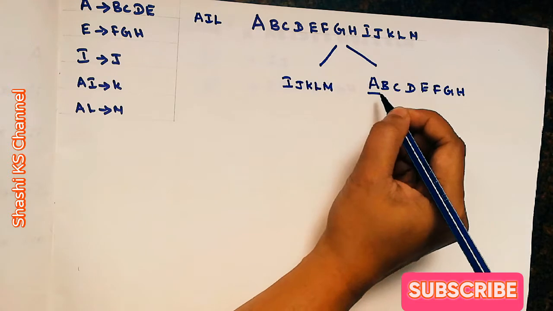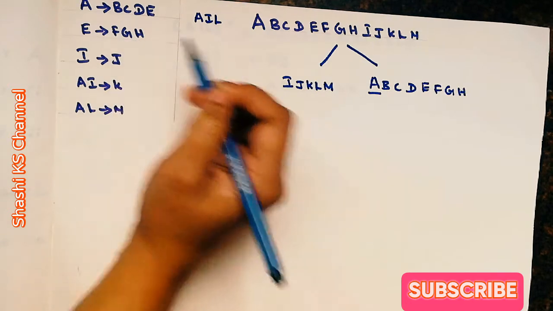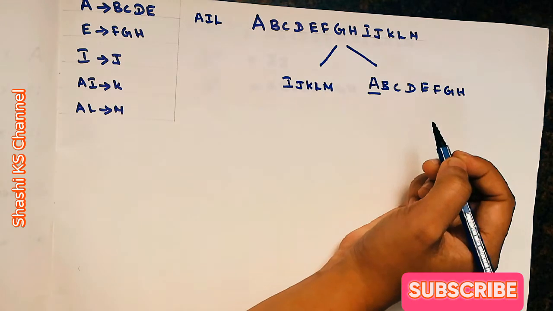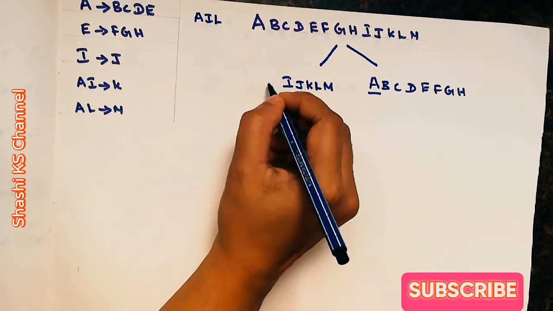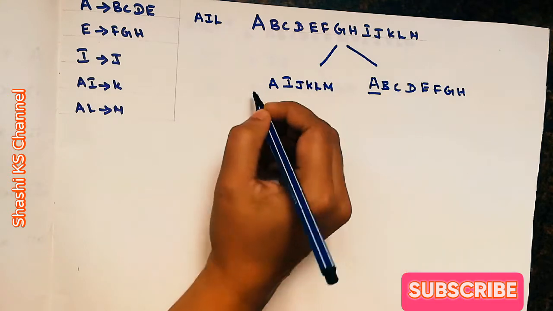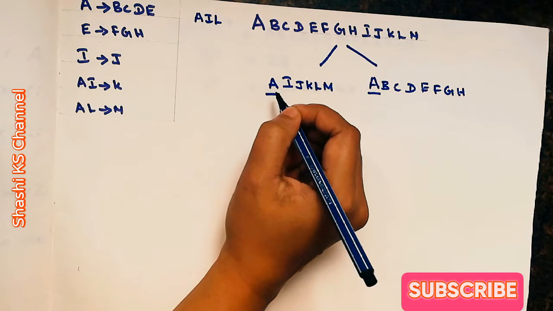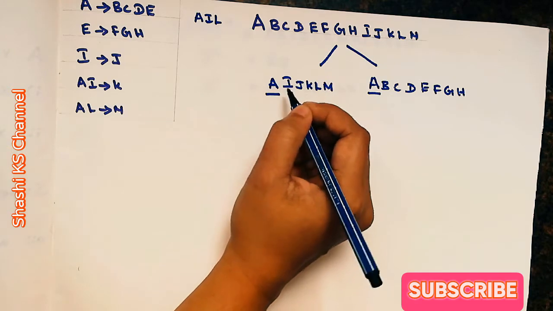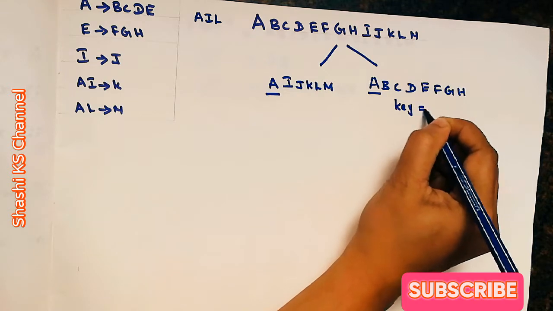With A, I can determine B, C, D, E, and with E, I can determine F, G, H. So A is the key with which I can identify all other attributes in the relation. That key is the common attribute, and it should be there in the other relation also, because A, which is the primary key in this relation, will be the foreign key in the other relation. So whatever is the key in this relation should be there in the other relation also. So I add A to the other relation. Now we have decomposed both of these relations, and the key here is A.